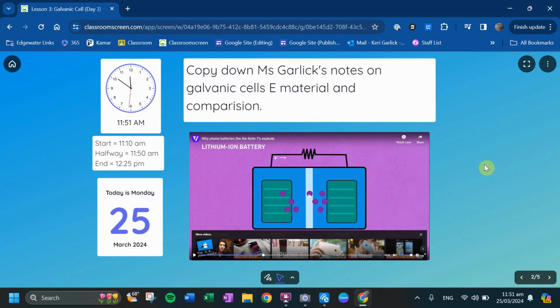Now, the great thing about our rechargeable batteries is that we can plug it into the wall, and we can reverse the chemical reaction that has occurred in our cells, so that way it then recharges, and then you can use your phone again. It would be pretty useless if you could only use it once. So that is an example of an electrolytic cell. So this has both in there. Because I can plug it in, the electrolytic cell component is now activated. It reverses the movement of the ions, thus allowing my phone to then work again. And it's the same thing with all rechargeable batteries, same thing with your laptop, it's acting in the same way.